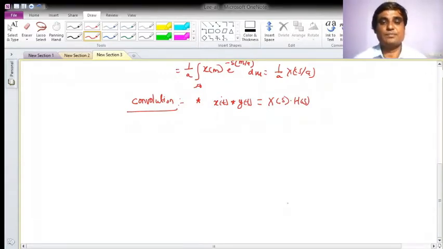Now we have converted the time domain representation into the Laplace domain representation. So what is next? Next we have to see what can be done so that I can convert back to the time domain signal, because what I want is everything in time domain representation, right? So first from the time domain I have converted to the transform domain, and from the transform domain again I have to convert back into the time domain form.